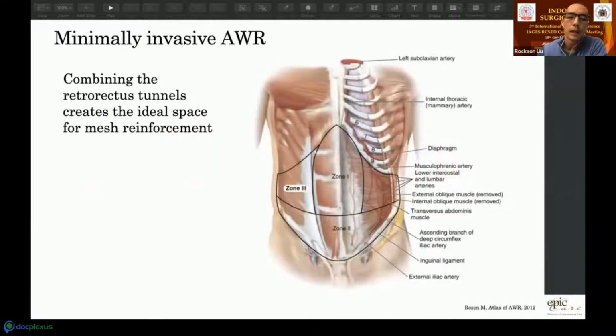So in looking at the retrorectus space, the craniocaudal tunnel, the retrorectus space, we can combine it, just like in the open Rives-Stoppa repair. In minimal access surgery now, we can combine this space with little incisions and place a nice piece of mesh for